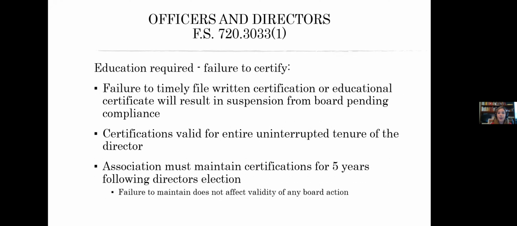And so if you have board members that haven't gone to a class or haven't reviewed the documents in the Florida statutes, then that board member can be suspended from the board. And I don't really like that. That's not a game that I want to encourage you to play, to go, you know, you're suspended, you haven't done your class. I want you to encourage your fellow board members to take a class or to read the documents, because I think you get a lot out of it.